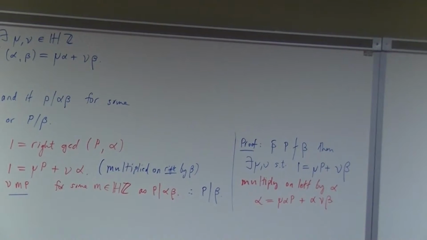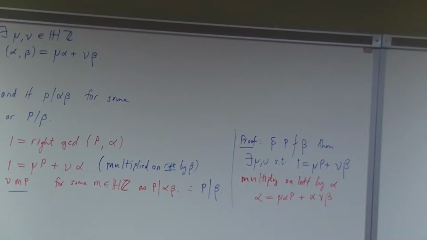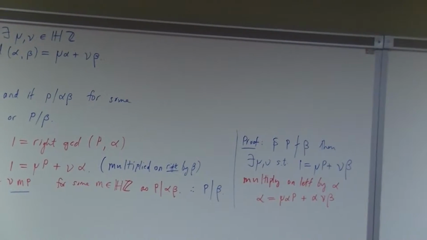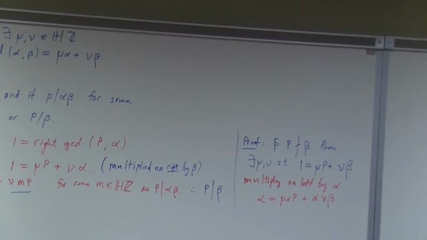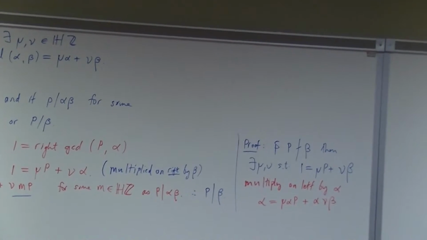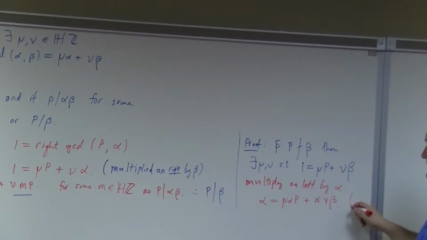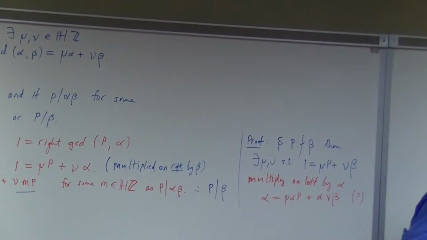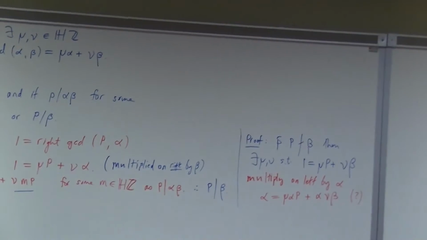Is the rule kind of the same with left divisors though? Like you could redo everything that you did there on the left side of the board with left. Right. And it'd be like alpha mu plus beta mu. Huh. Yeah, I don't know. I feel like he's hiding something here. Tell you what, I'm just going to put a question mark by that one right there. I'm not sure about what to do about that. I mean, I want to believe in your left divisor idea, but